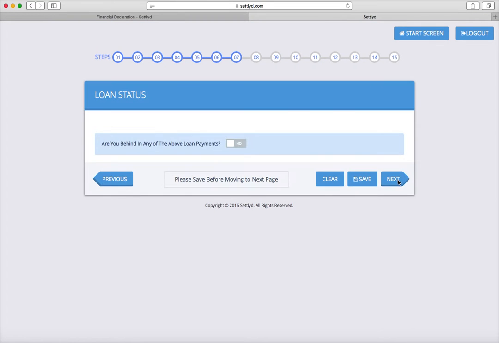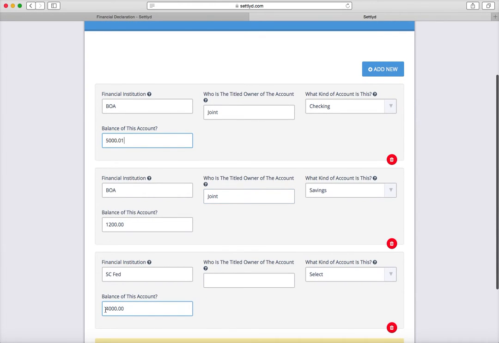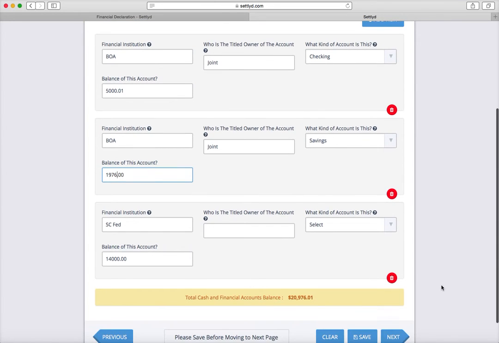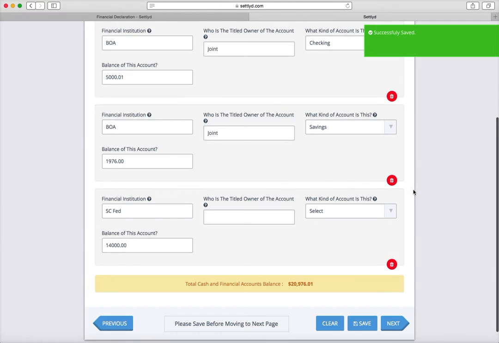We have Steve scroll through to the bank account portion of his financial declaration, and any change that he makes, be it a penny, be it $10,000, or any other amount whatsoever, if Steve or the client makes changes on their form access and saves them to the system,